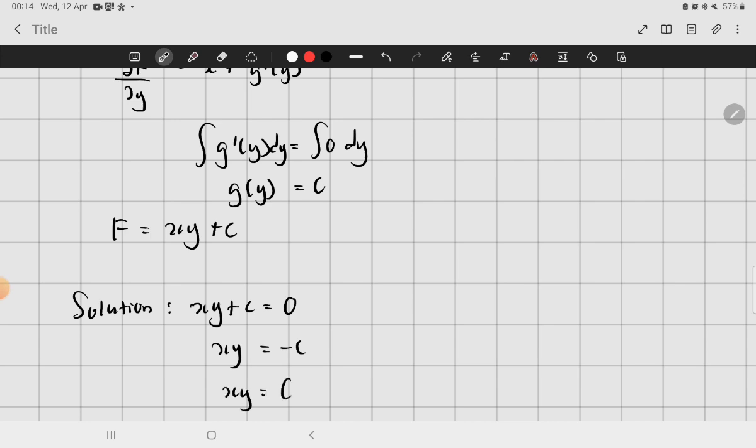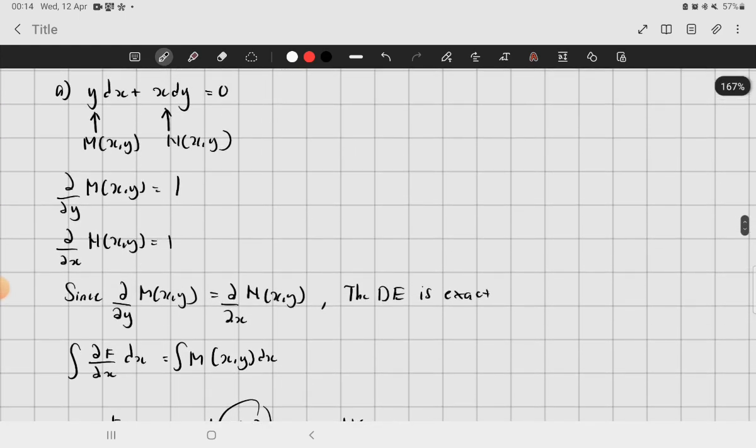Or if you want to change the variable to an a, you may, but you have to mention on your right hand side that you've substituted negative c with a as a new constant. So honestly, that is just about it, and very nice indeed. Okay,